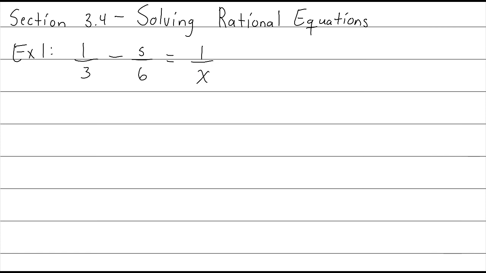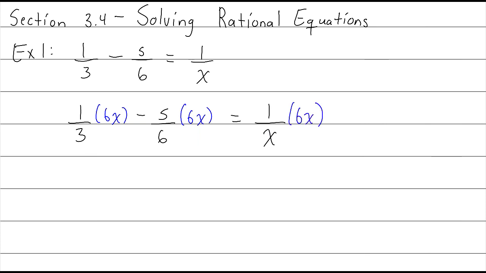So this is going to be 1/3 times 6x minus 5/6 times 6x equals 1 over x times 6x. And when you do this, it's going to clean up the equation a good bit. Because if you think about this,